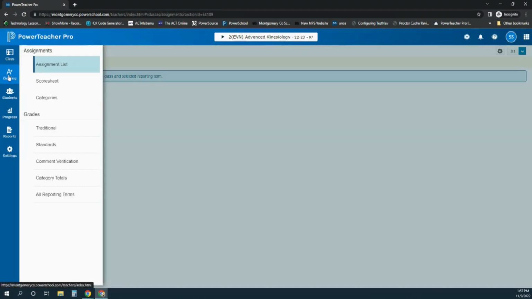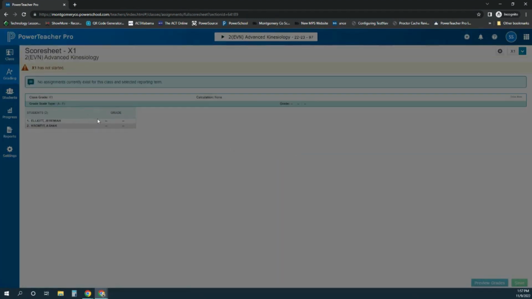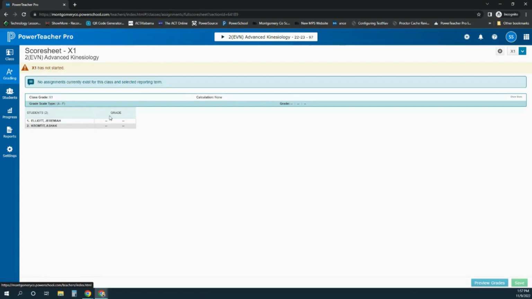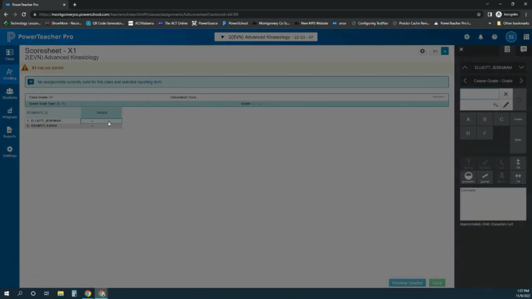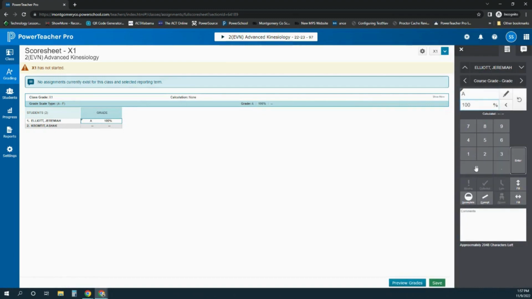So to enter the grade for the final exam, I will enter the X1 term. Then I'll go to the A+ grading charm and select score sheet. You will enter a direct grade entry for the exam. No need to create an assignment for this. So all you have to do is click in the box next to the student's name, enter the grade,